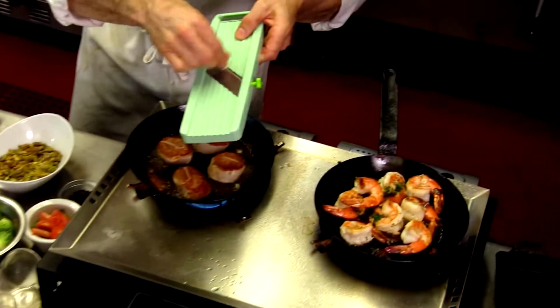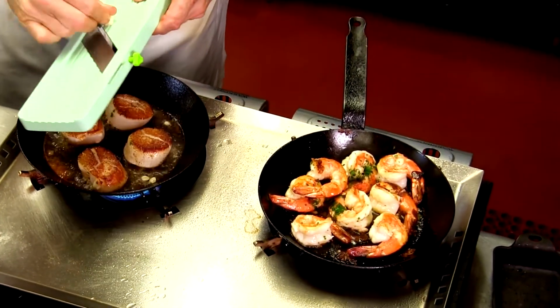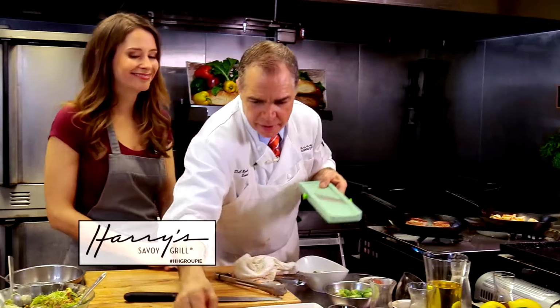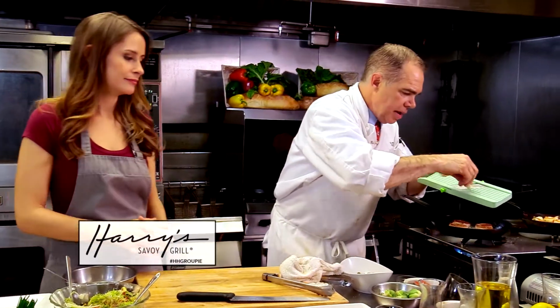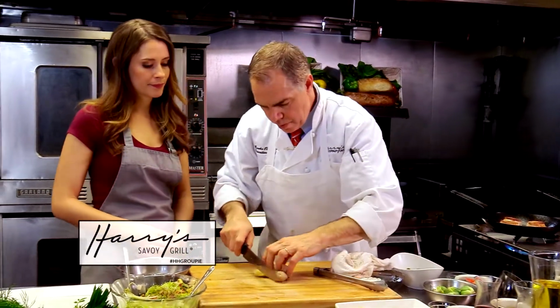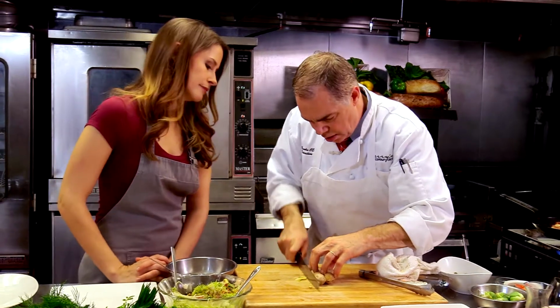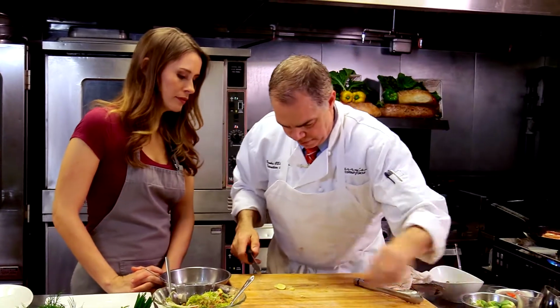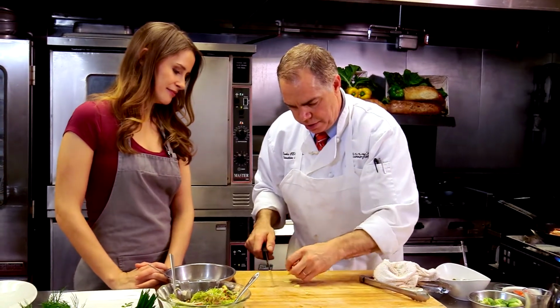I'm going to do a little bit of garlic. So you're shaving it in the same way? Not going to cut my finger today. I have nowhere to run. And I'm going to do a little bit of ginger. Okay. So I took the back of my knife and I scraped the skin off the ginger. That's a good tip. And then we're just going to take a little bit of it and mince it real